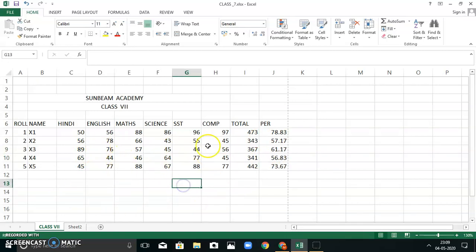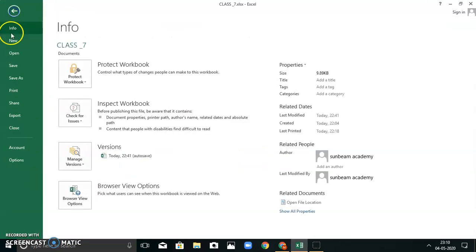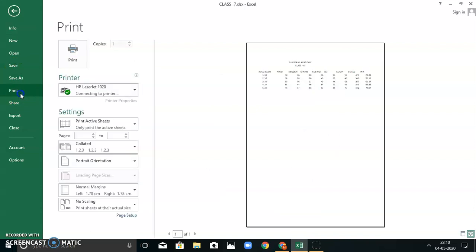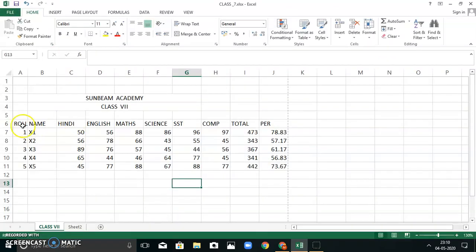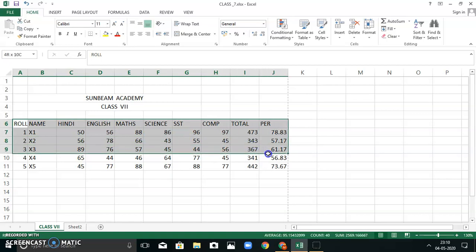Let's see, if I wanted to take the printout of these marks of these students, how the printout will come. So click on file, then save, go to print option. Control P is also the shortcut key. Now can you see where are the lines? Lines were nowhere, so I need the lines. So what I will do, go back, select the cell addresses in which you want the lines.